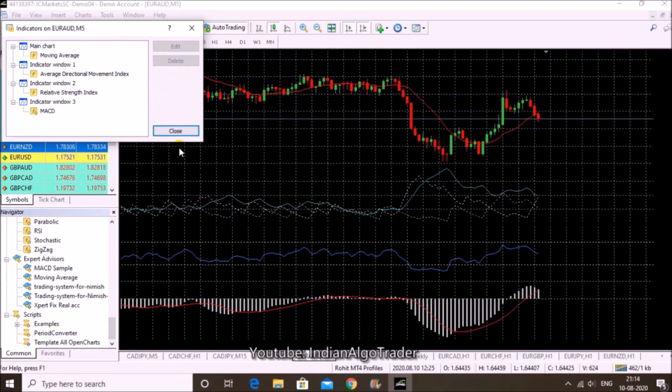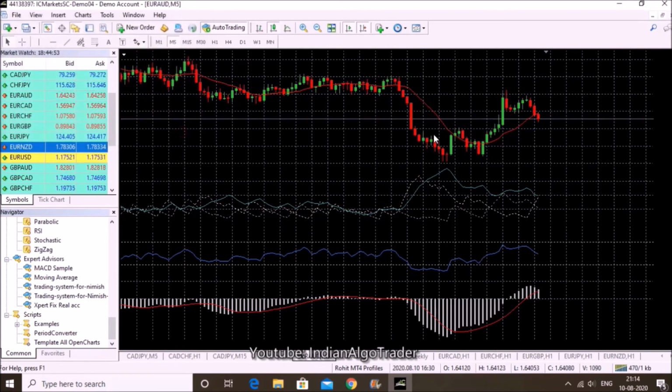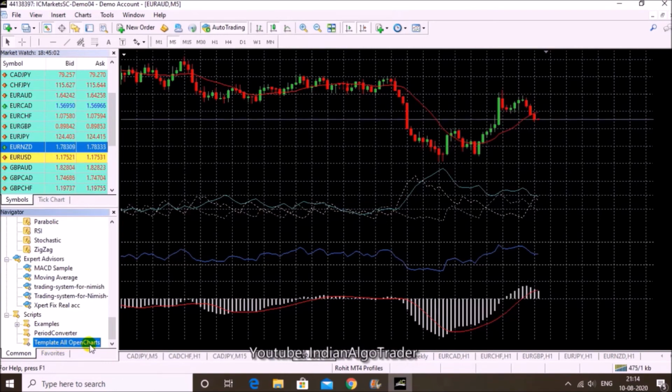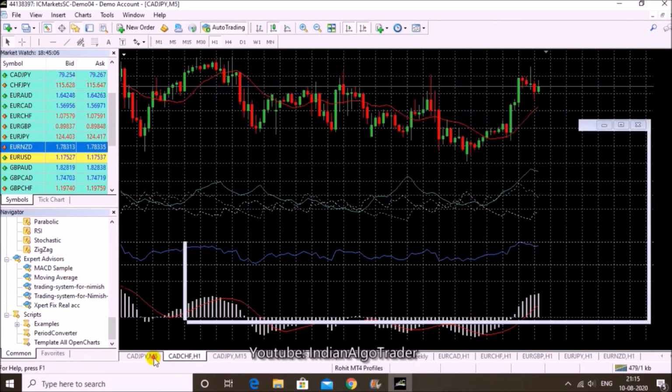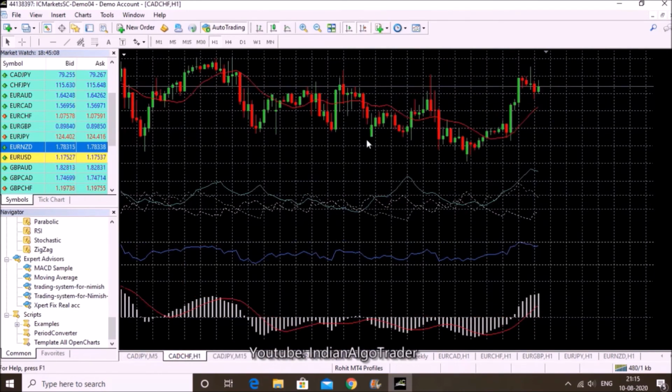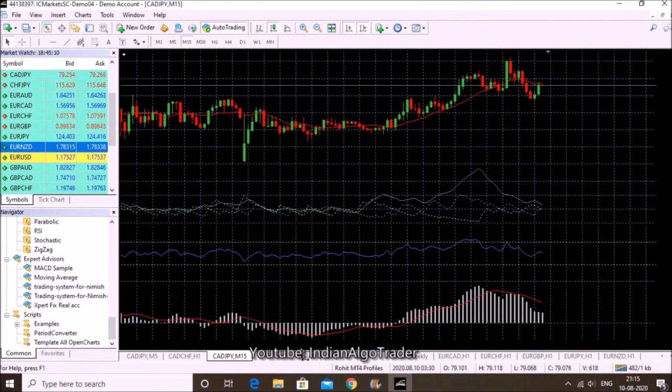Okay, and this is the only setup that I now prefer to use. So if this chart is open, and if now I double click here on template all open charts, simply this will be applied on the rest. See friends, it has been applied.